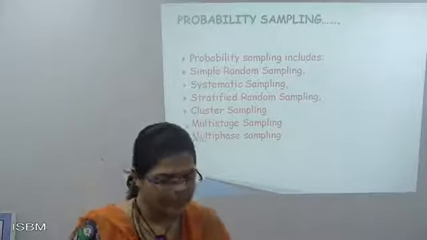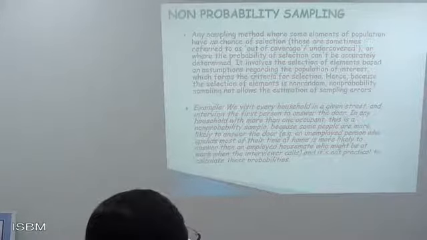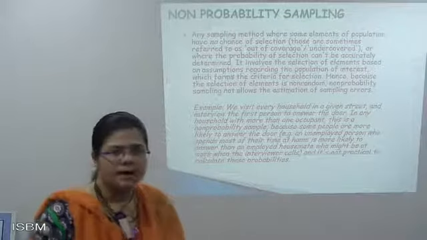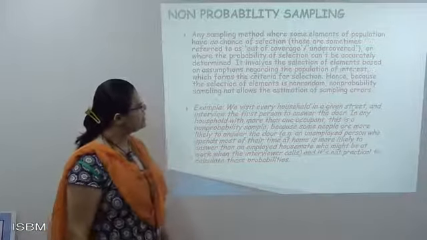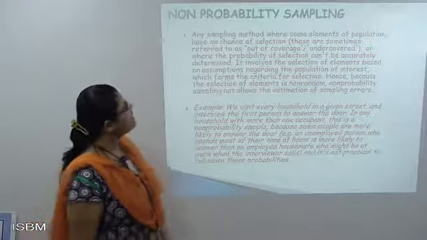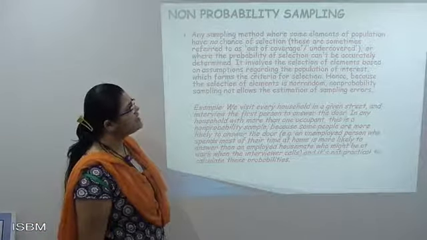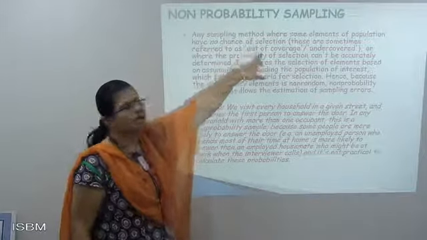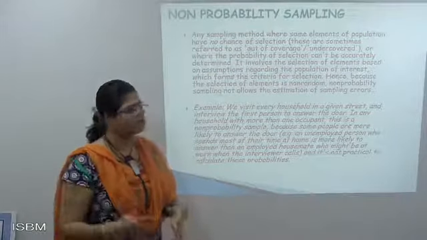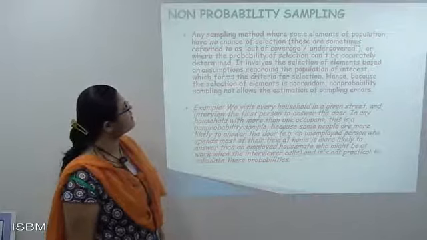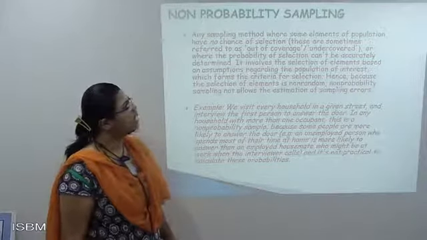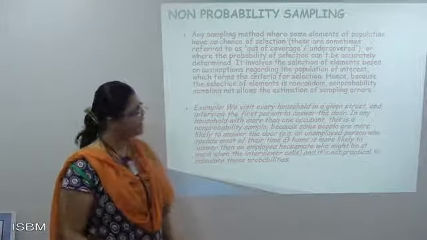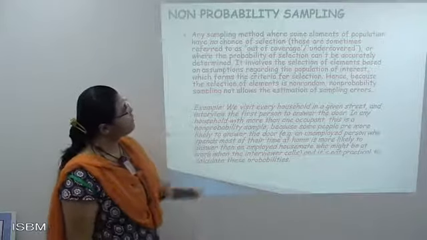Okay, now first you will see non-probability samples. We have said what non-probability samples are: any sampling method where some elements of the population have no chance of selection. Here you can see there is no chance of selection; they are just checked randomly. They are sometimes referred to as out of coverage or under coverage, or cases where the probability of selection